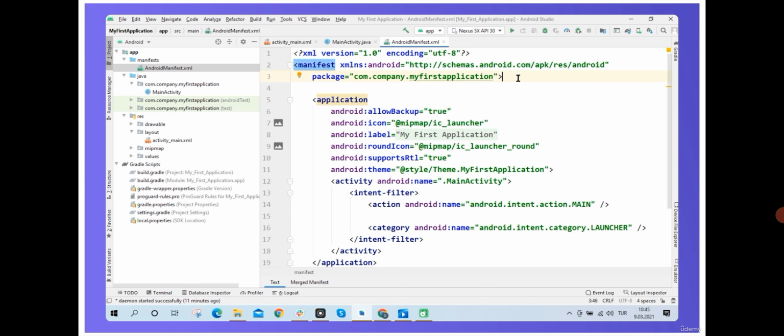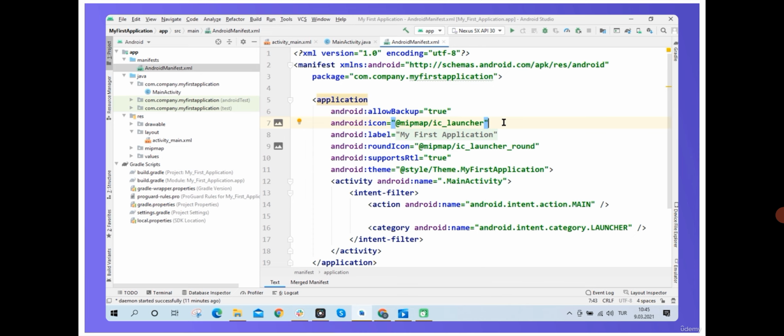Also, there's a line in the manifest file that is an Android icon. Now, it's the second line under the application line, and it determines the icon of our Android application on the phone. So we'll choose a picture for our Android application, put this picture in the map folder, and then write the picture name on this line. If we do not choose a picture for our application, Android Studio chooses a default icon,